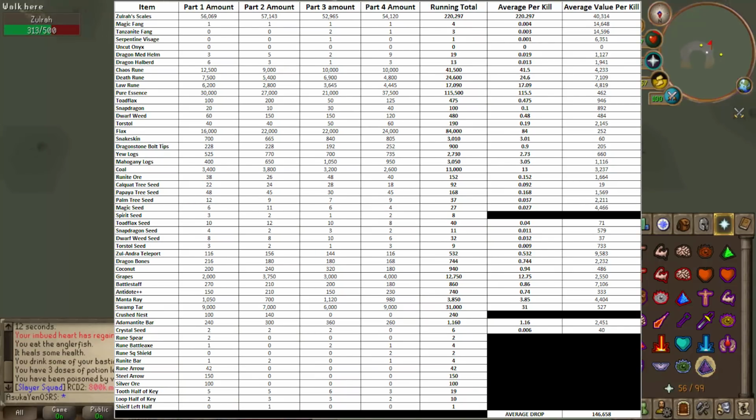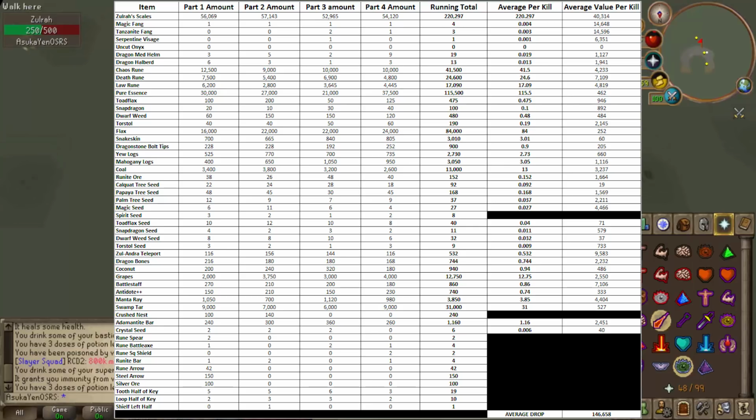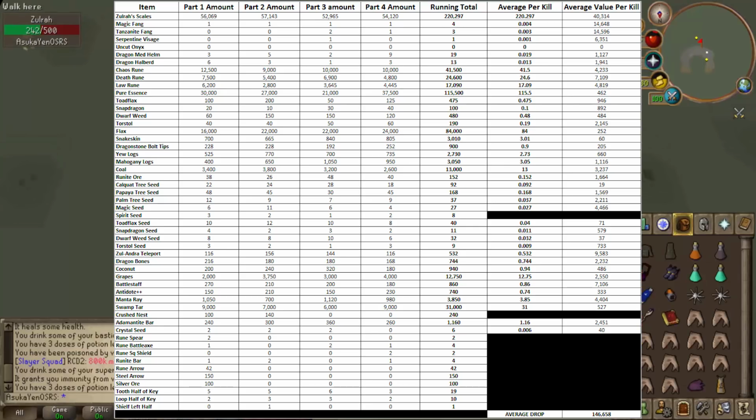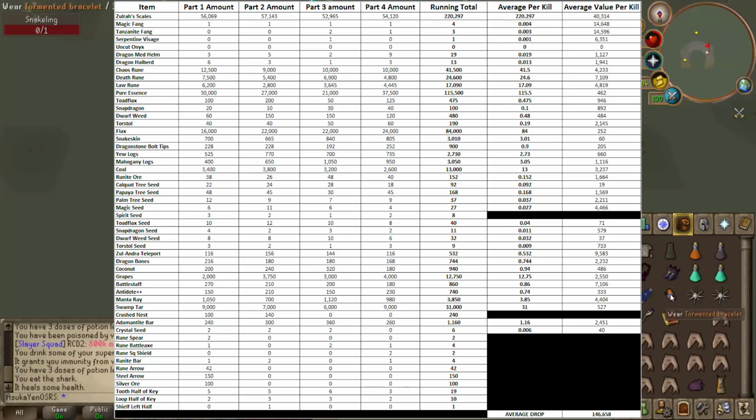But what I did here was I actually took every drop that I got and averaged out how many of those per kill that I ended up getting to give me a more accurate average gross value of a drop. So as you can see here up at the Zulrah scales, now you can get 100 to 300 of these per kill, but my average ended up being 220. So I'm not really sure if that's actually weighted a little bit higher towards the 300 side rather than the 100. But yeah, 220 was my average Zulrah scales drop per kill for an average value per kill of